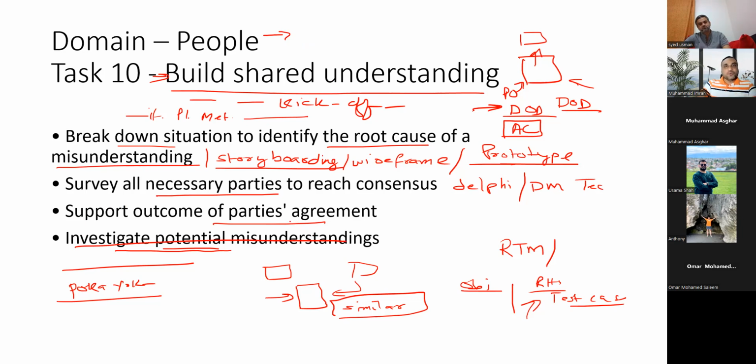If you are working predictive, you as a project manager will call a meeting for all the relevant stakeholders. What's the problem? Why does the scope keep changing all the time? Why are you guys not considering one thing, so we can produce the results as required? Or if you are working agile, you have to invite the product owner: every time you change the scope, it's destroying my team's morale also. So we need to fix the criteria, what they really want, so we can provide accordingly. So we have to do the build shared understanding task with the help of tools and techniques, so we can make life easier for our team, whether iterative or predictive.